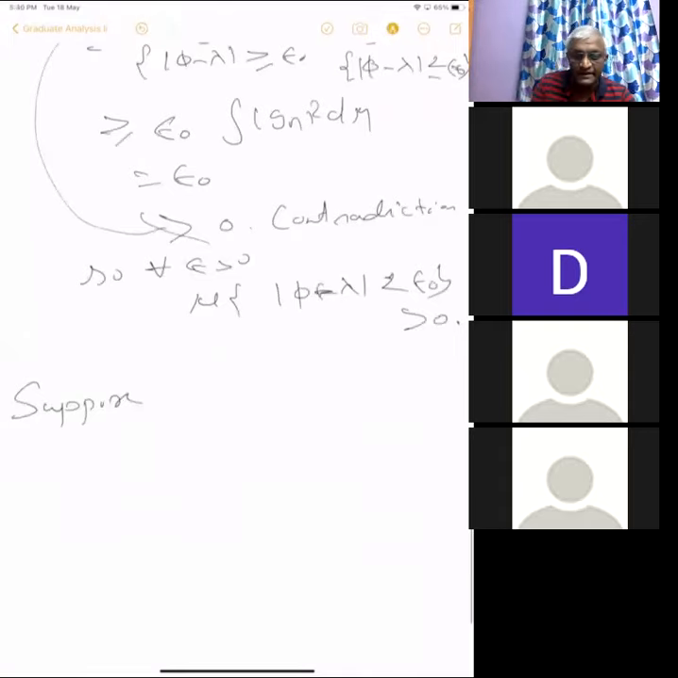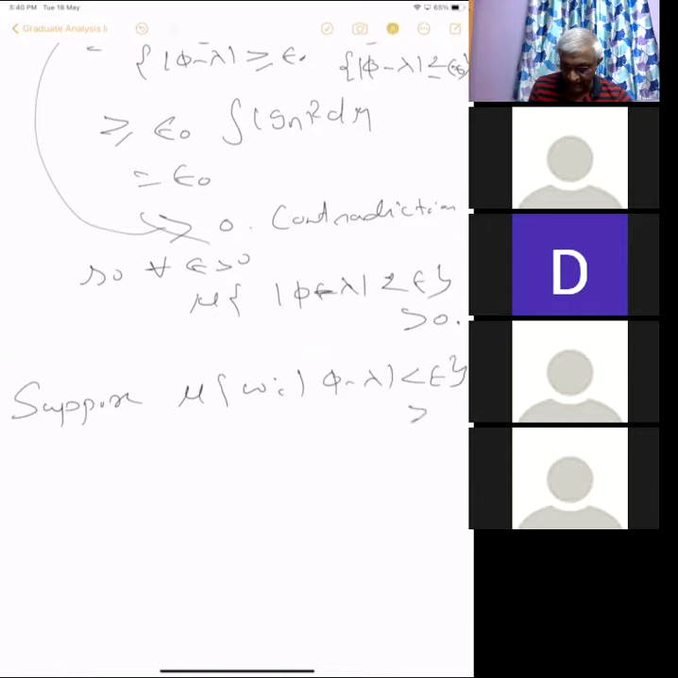Conversely, we want to prove the equivalence of the claim. Suppose the measure of omega such that phi minus lambda is less than epsilon is zero for some epsilon naught greater than 0, so there is no such epsilon for all epsilon. Then we want to prove that lambda is an approximate eigenvalue. So take